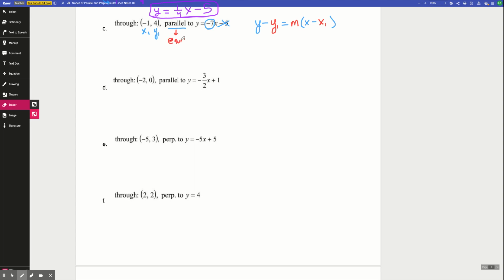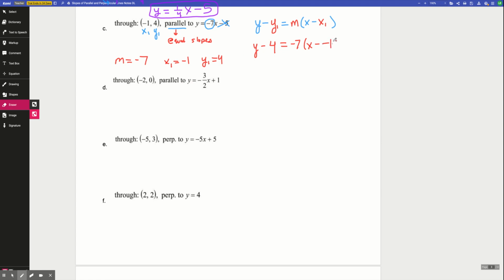equal slopes, okay? So that means that m equals negative 7, x1 equals negative 1, and y1 equals 4. So we're going to take those values and plug them in right up here in my point slope form. You have y minus, y1 is 4, so y minus 4 equals negative 7 times x minus, and then x1